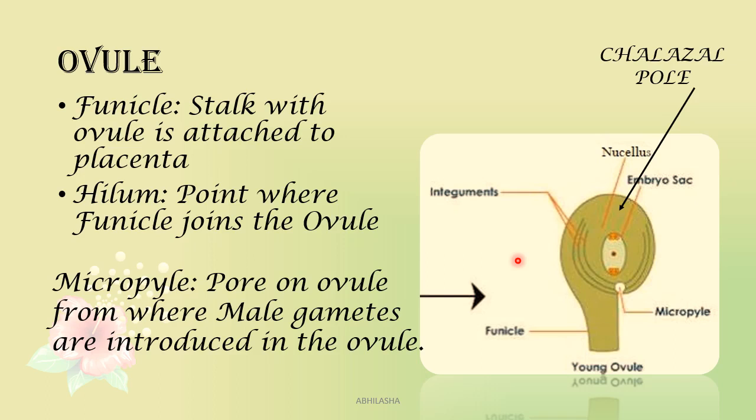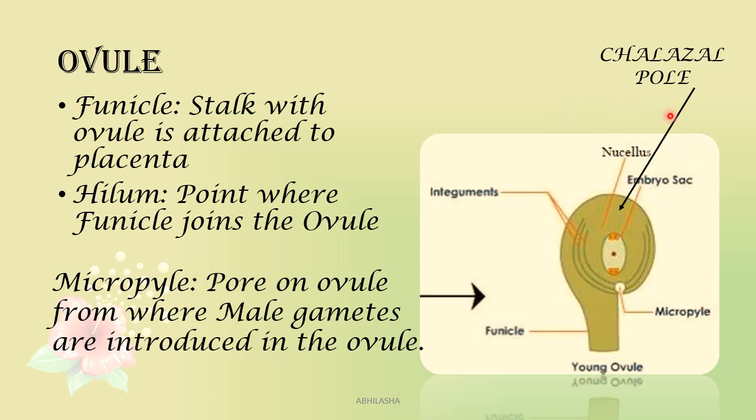Now in this ovule, you can see that micropyle is close to funicle, which means that the ovule has turned 180 degrees so that the hilum and micropyle come to lie next to each other and the integuments and the funicle are merged. This entire structure is the funicle and the integuments merged to the funicle. So it means that the ovule has turned 180 degrees. If this rotation does not take place, then we have a different structure.